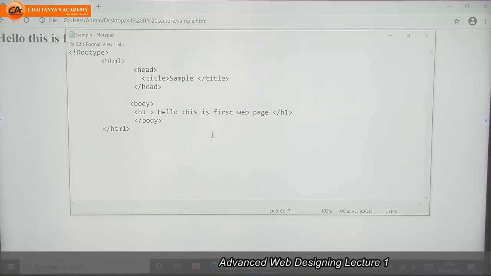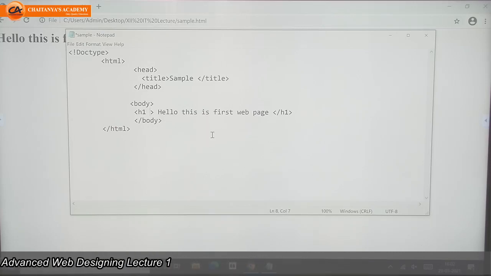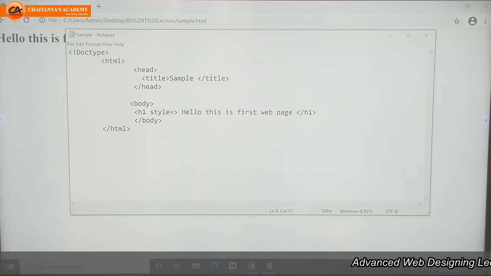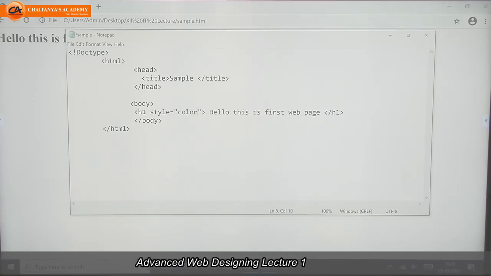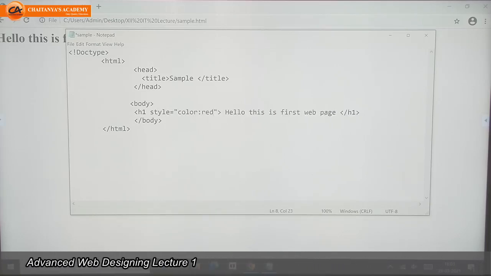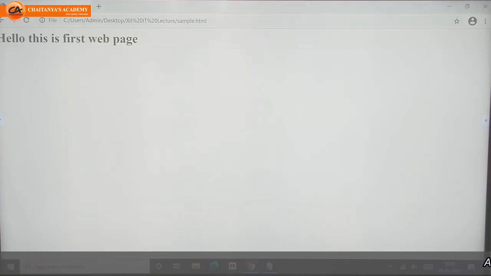Now I want to change the text color, then I can use style as inline property and color, if I want it as red, save, refresh the page. Here I got red color text. Hello, this is first web page.